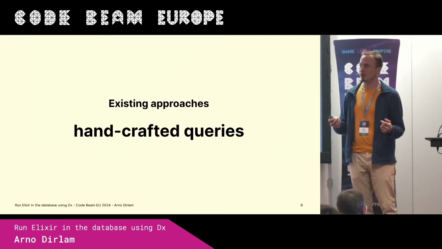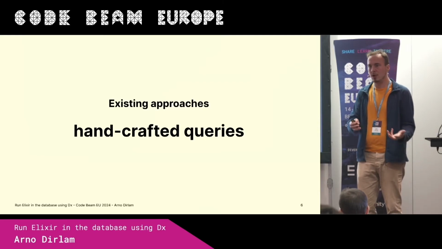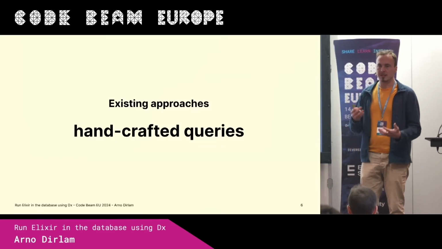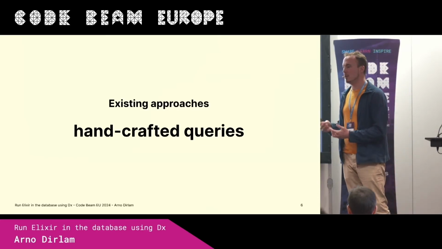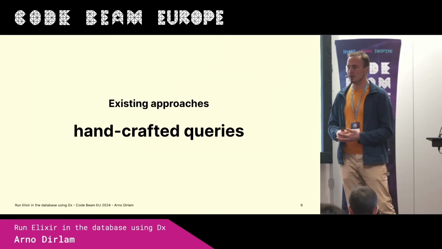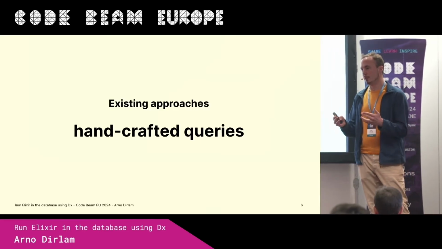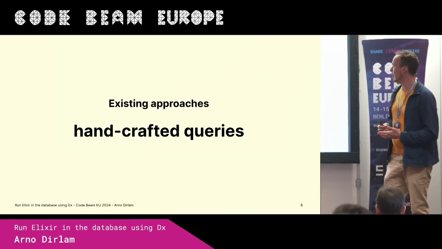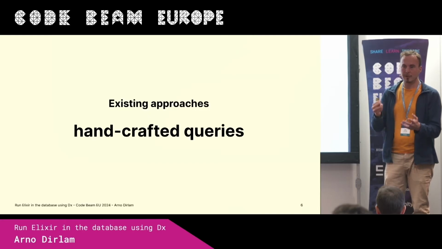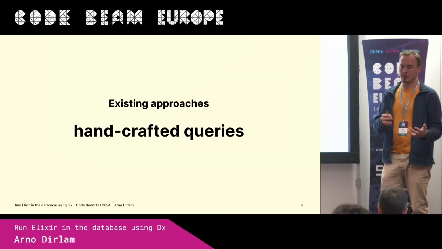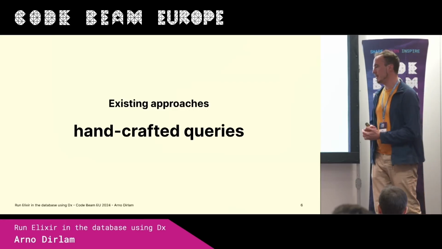You can basically write the database queries yourself. And with Ecto, you have some pretty nice DSL to do that with Ecto query. You can combine different parts of the Ecto query. You can make parts of it dynamic with a dynamic macro. And Ecto will then make SQL out of it. It has some validation as well. And then if it's valid and you combine it, it generates SQL and you can use that.